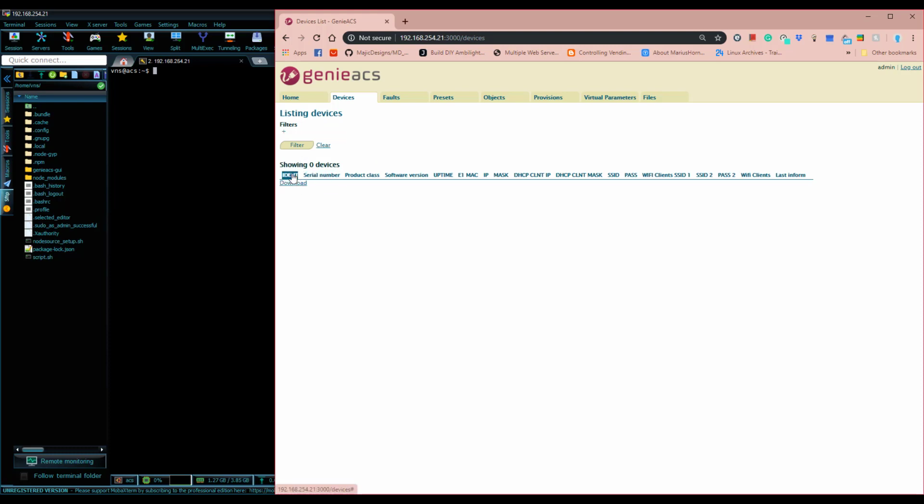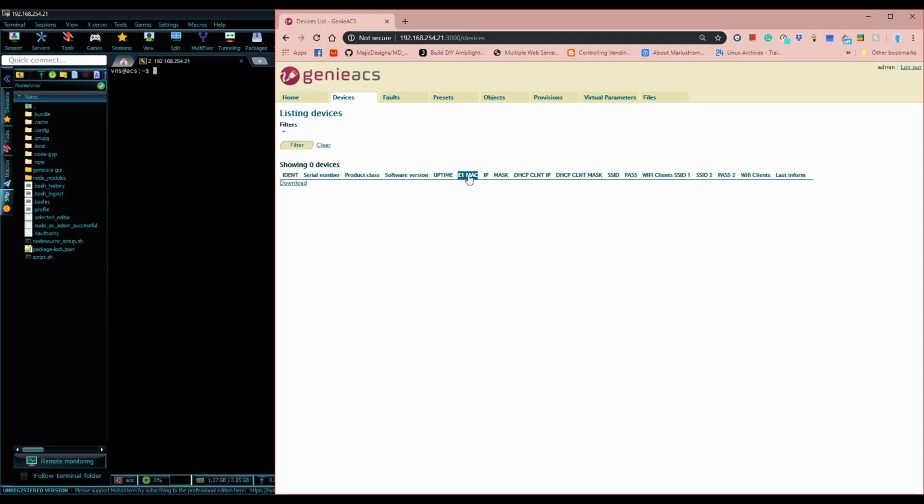This will show you the identity, whatever you set on the system identity. Serial number will be shown here, product class, the type of router, the actual model number will be shown here, the software version, the ROS version will be shown here,